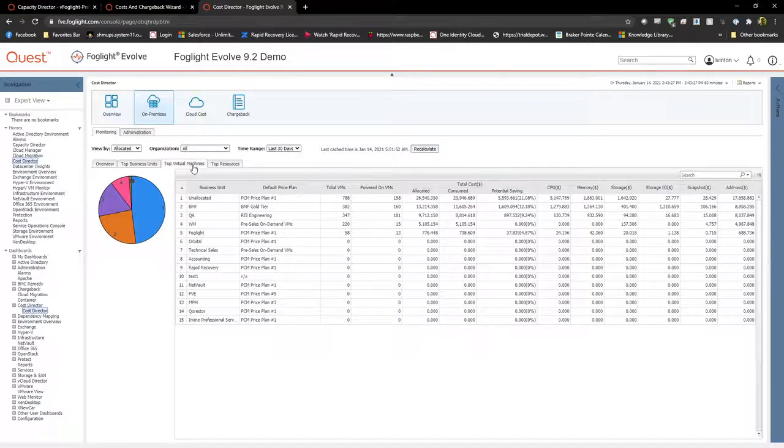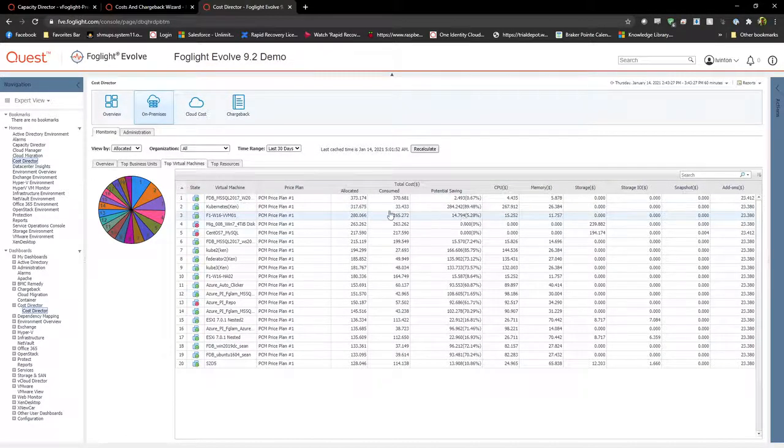You can also look at your top virtual machines, again based off the consumption of resources of these machines. This data is really nice because we automatically populate it. You don't have to manually calculate anything. You do it once during the initial questionnaire, and then we take care of it from that point on. This pricing data is really important, and the reason we have that little banner at the top when you first install Foglight is that this data really infiltrates all parts of Foglight. It shows up in the optimizer because it can tell you how much cost savings you can get if you resize a VM from 4 gigabytes of RAM down to 2.